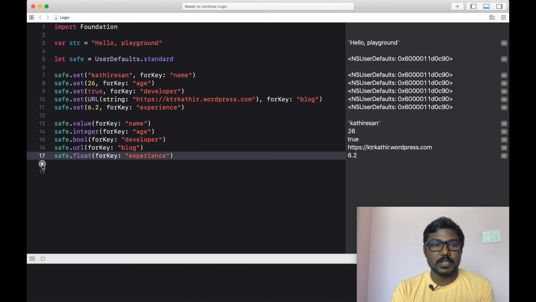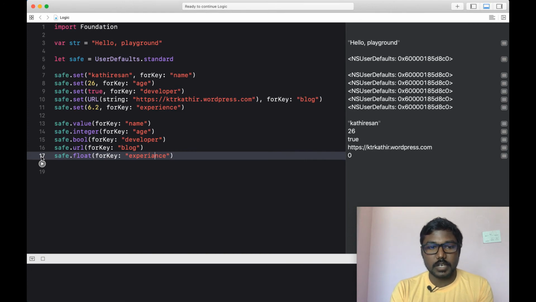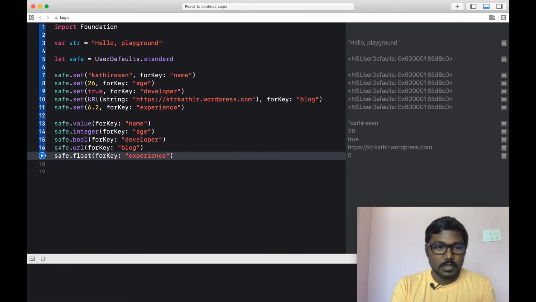Why I am telling this is that the key is very important in UserDefaults, because if we change any character in the key, we can't get the value properly, because the value will be returned as a default value. So the key is very important.